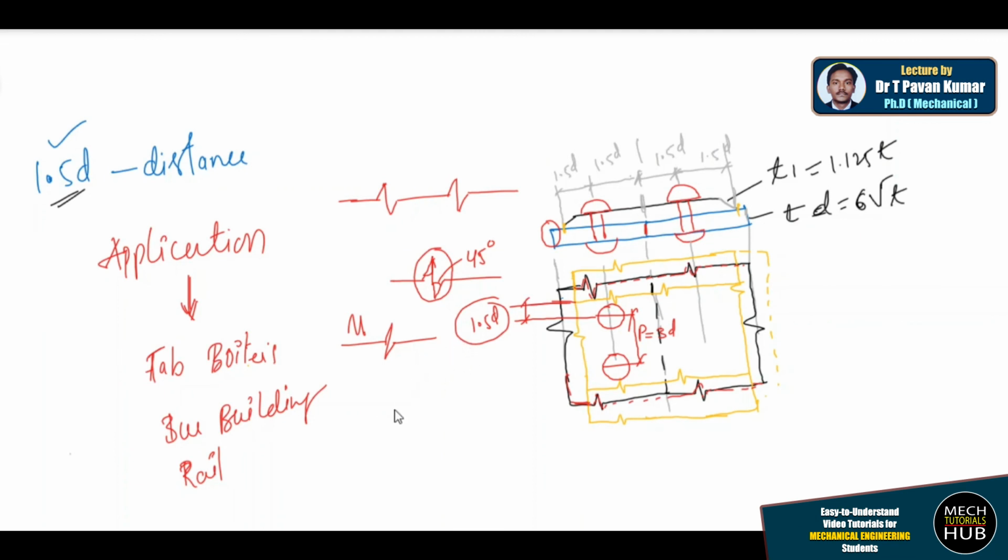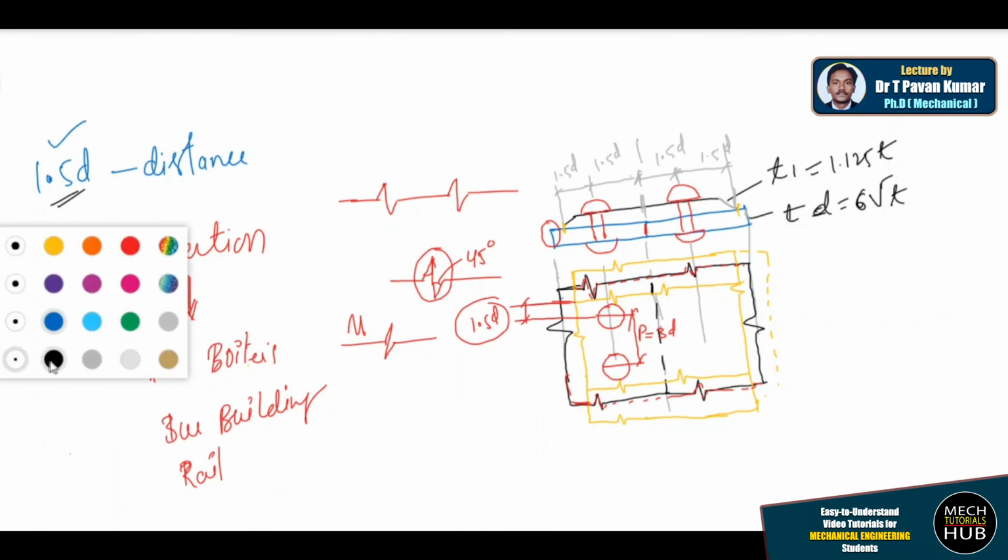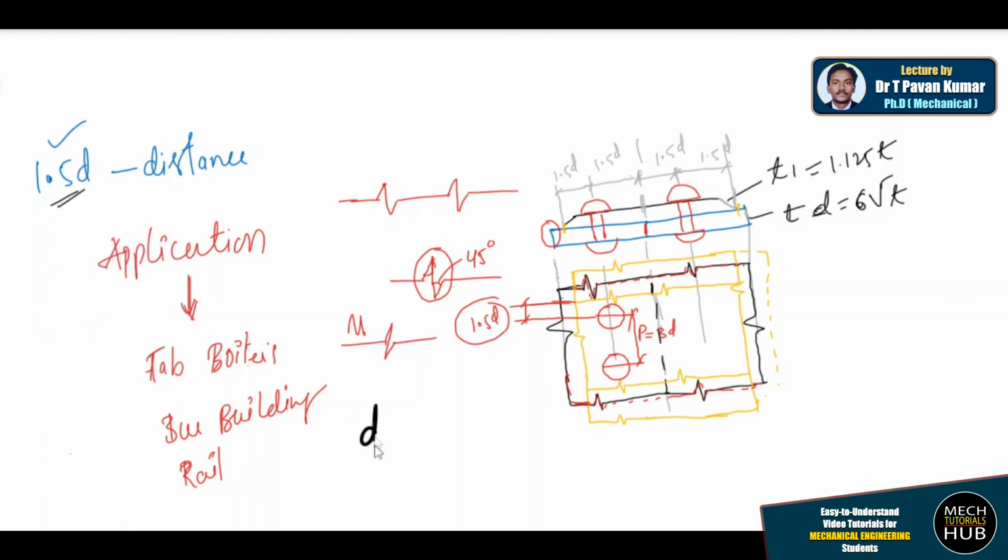The only thing is you have to remember the thicknesses, where to use a lap joint and how, where to use a butt joint and how, and what the arrangement is. These are the important points you should remember. Only a few formulas I will make you remember again. Try to understand. D is equal to 6 root T, very important for both cases, whether it is a lap or a butt joint.